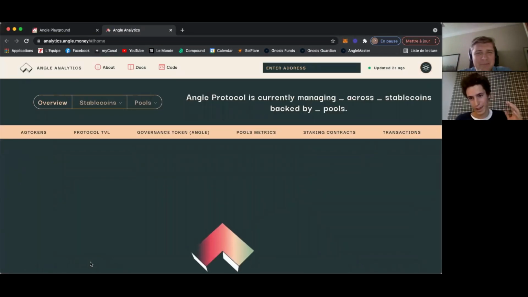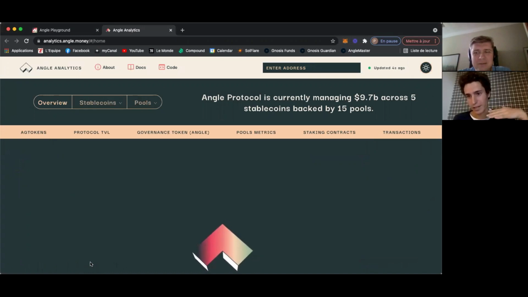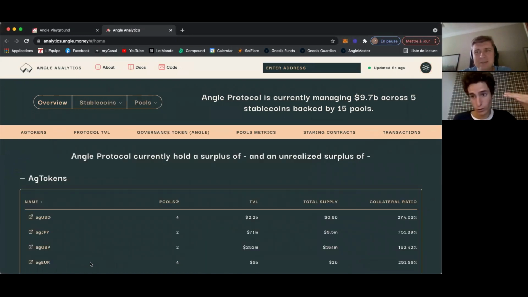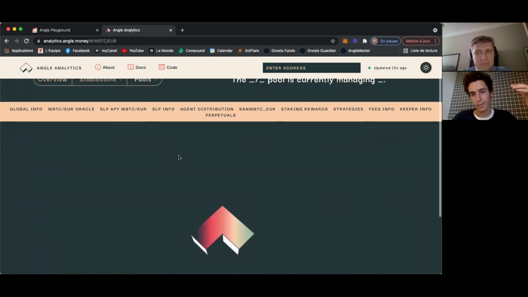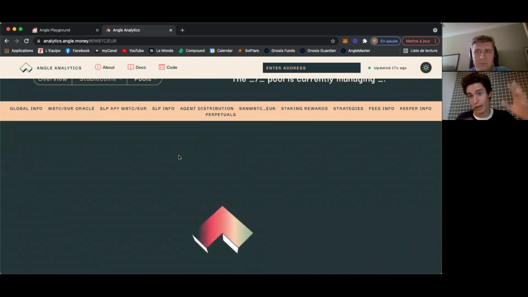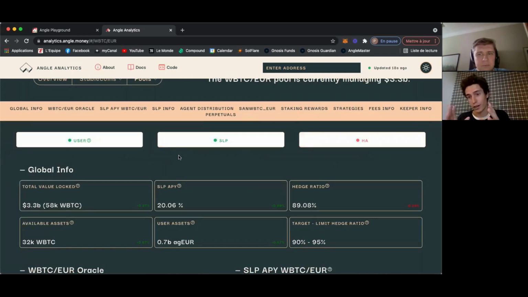So Angle is like a marketplace between stability and volatility: people who want to be long and people who want to be stable. The thing is, we cannot offer more long positions than what the protocol has to offer. If we only have one Bitcoin in reserve, we can only allow people to cover one Bitcoin of the protocol. We can't sell more volatility than we have to offer. So the hedge ratio refers to the